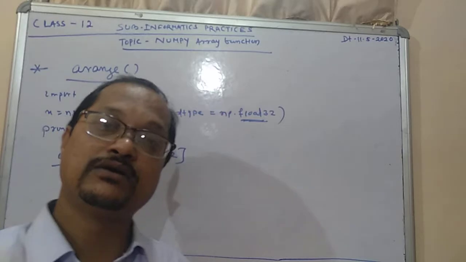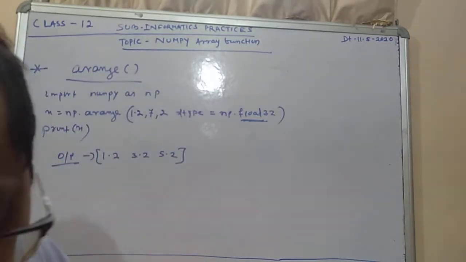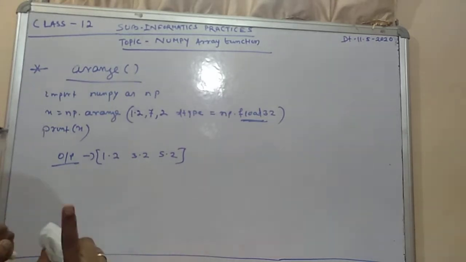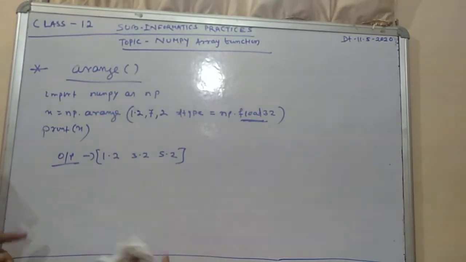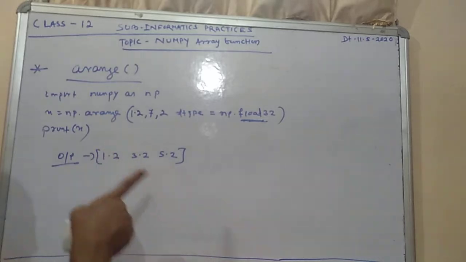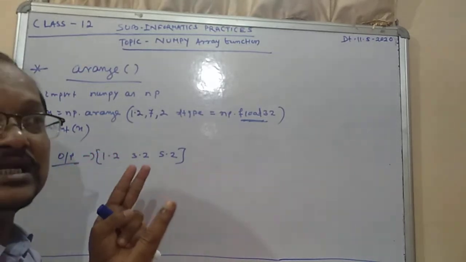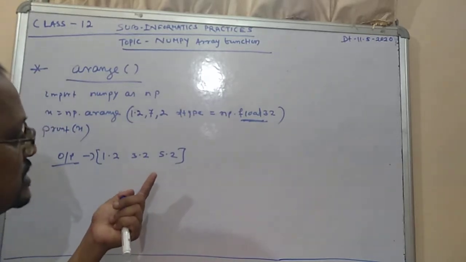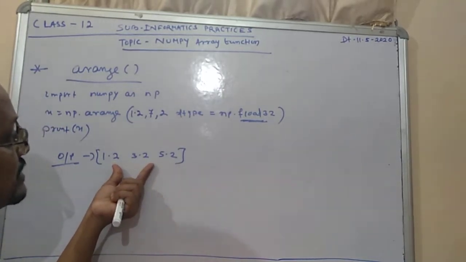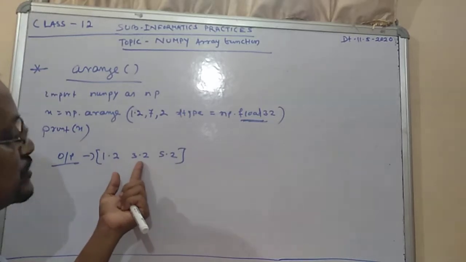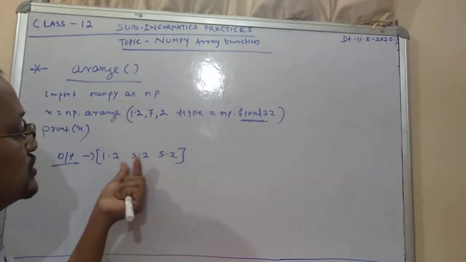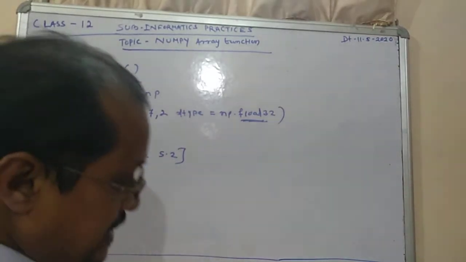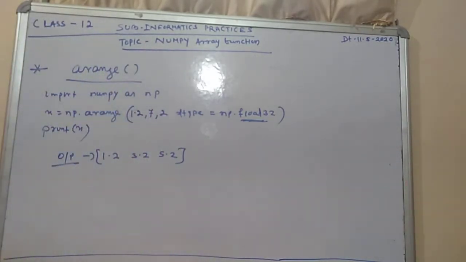Okay, have you all understood? The next topic is linspace. You understood arange, no? The next part is linspace, because both these functions resemble each other a little. Here in arange, the answer comes in steps of 2: 1.2, 3.2, then 5.2, with a difference of 2. But in linspace it will be a little different.